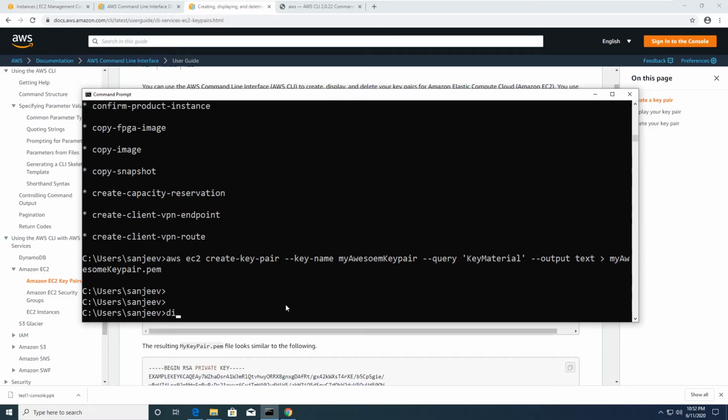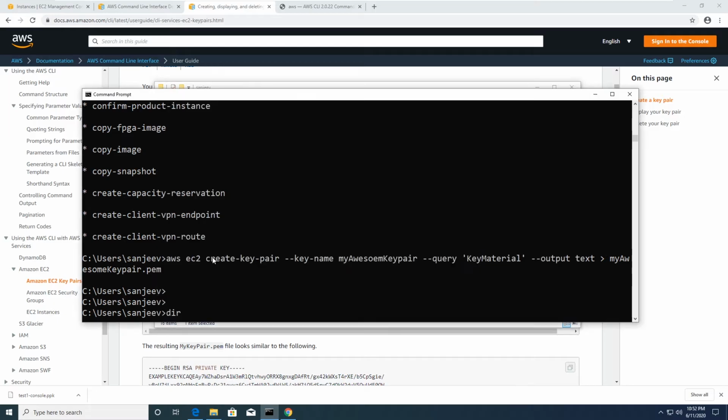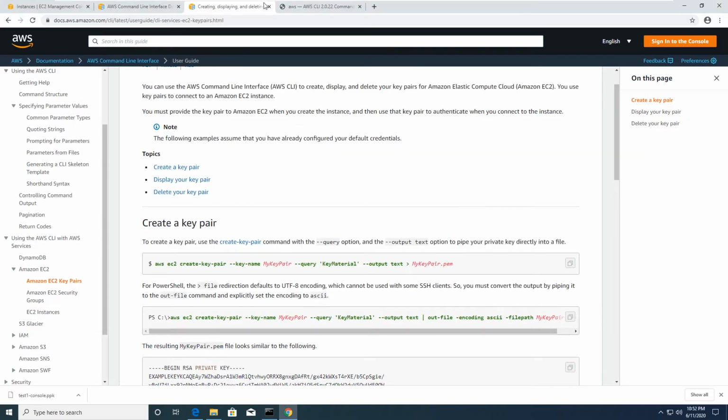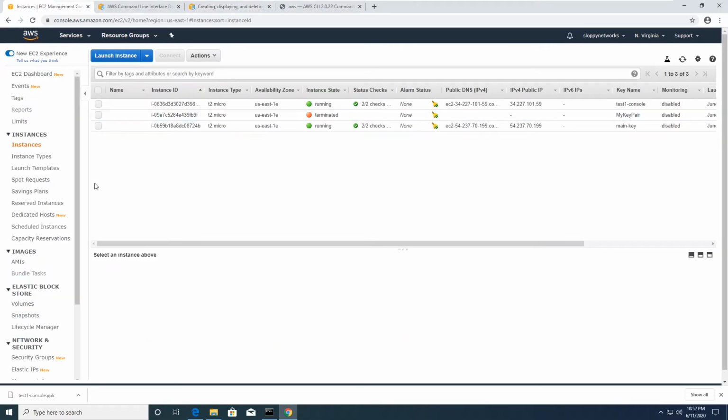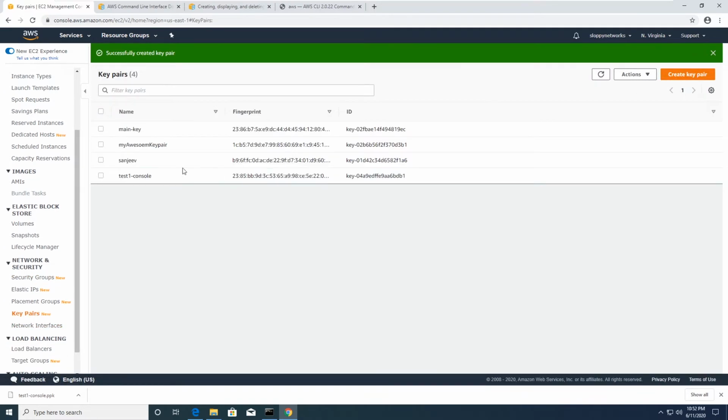And so now if I do a dir, which is going to show me all of the files on my machine, or let's just go to the file explorer. And so here under user Sanjeev, I saved it. And so you can see my awesome key pair. So this created a key pair on AWS, and it downloaded the PEM file onto this machine. And if we go back to our console, we can verify if it actually did that. So we'll go to Key Pairs, and we'll probably have to hit refresh. And so now you can see I misspelled it, but you can see that the AWS CLI created this key pair